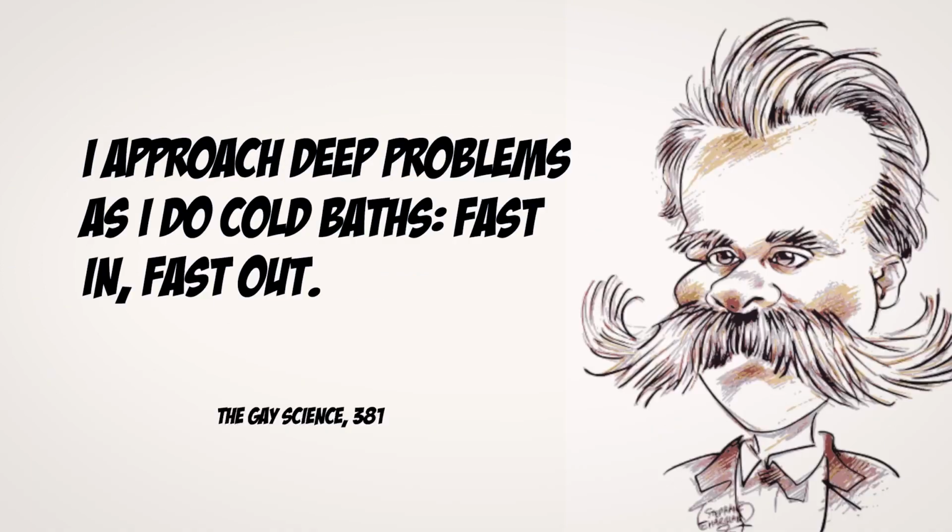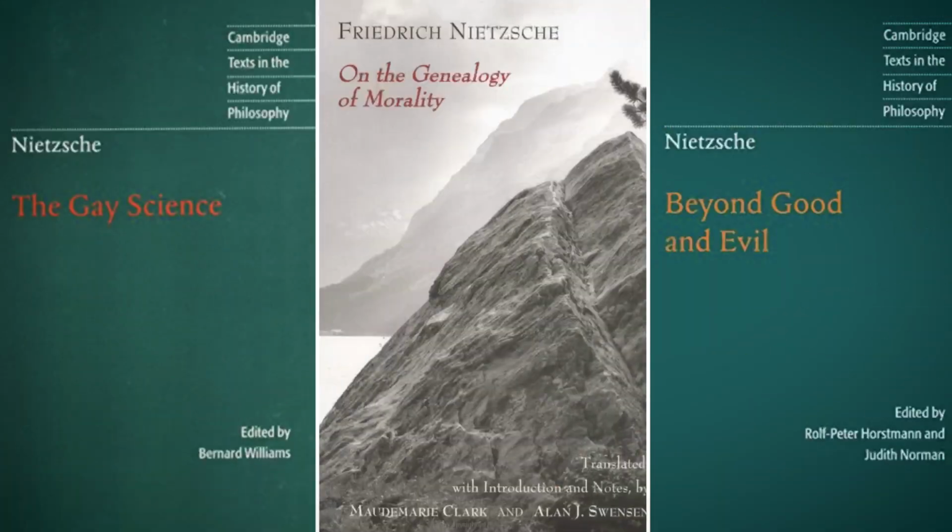Nietzsche talked about dipping into deep ideas like you dip into a cold shower, in and out. One of the things that I strongly recommend is that you dip in and out of Nietzsche as you come to explore him more. And what you do is you take little dips into probably his 3 best books, The Gay Science, The Genealogy of Morals, and Beyond Good and Evil. And the way you dip is that you pick the most aphoristic bits, and here The Gay Science might be really the best place to start. And you just read them. And you read them again. And my strong advice is that you play around 5 times over with Nietzsche's best works before you jump to